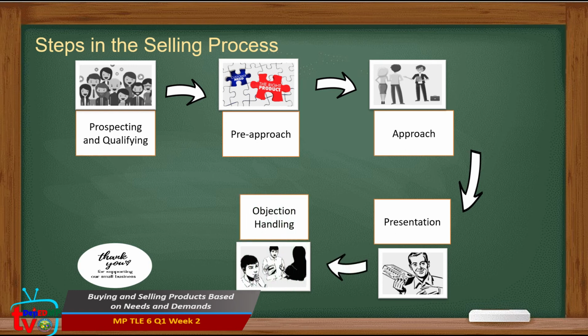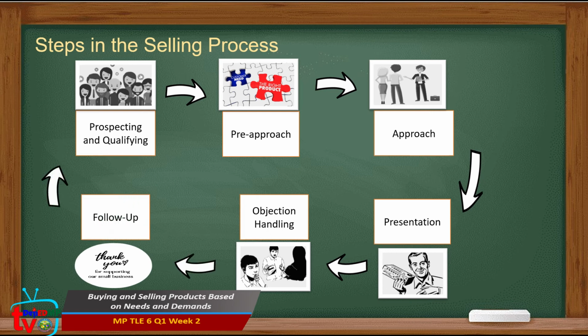The fifth one is objection handling. Not all your prospect buyers may want to buy or avail your product, so you should treat objections and hesitations positively and take it as opportunities to respond better to the needs and wants of your customers. Do not be disappointed. And the last one is following up. This is the step where you must nurture your relationship with your buyers through saying thank you and encouraging them to buy and avail your products again.